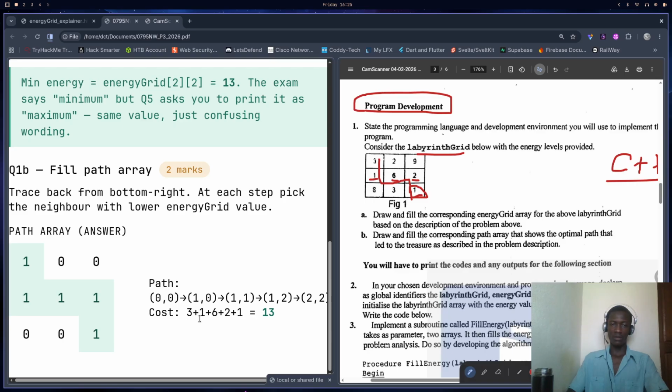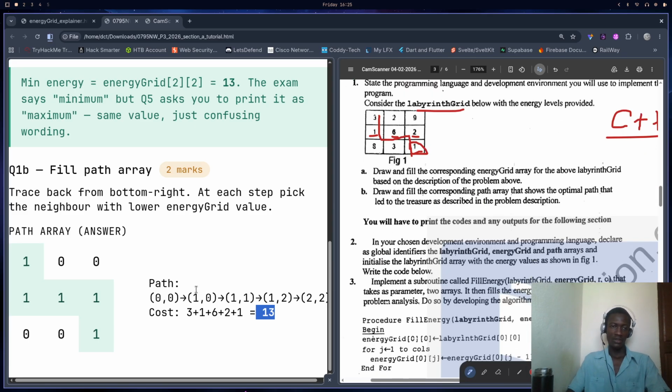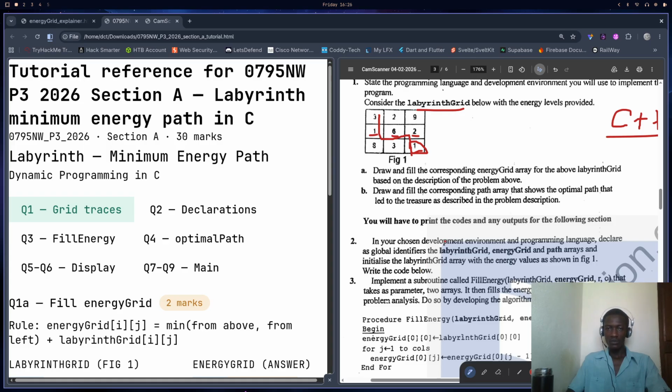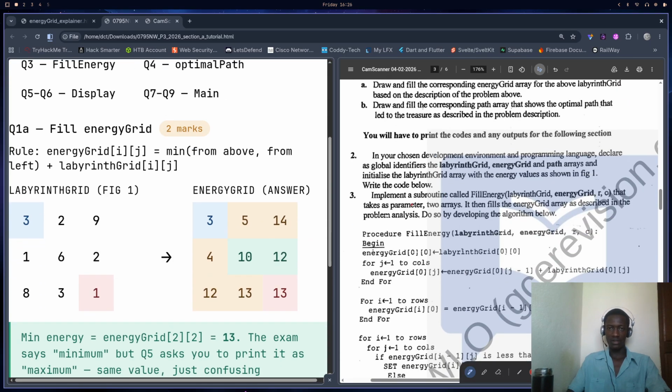If you do that and sum all of the cells, you discover that all of them sum will give you 13. So that's the lowest energy value required for the minimum energy value, right? That was it for question 1B. And you could look very well. If you trace very well, you have this shape. It forms kind of like a 5, like a semi 5, or an S anyway, something like that. Okay, continuing, we have question